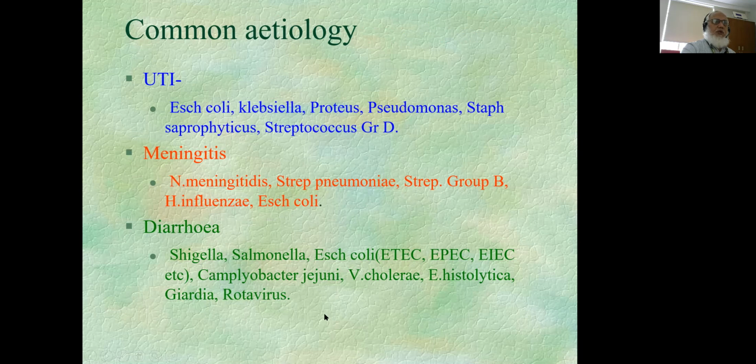Diarrhea, also there are common pathogens like classical pathogens, Shigella, Salmonella, and diarrheogenic Escherichia coli, very important. Before, Escherichia coli were not included in the cause of diarrhea, but nowadays they are responsible for more than 1/3 of cases. Campylobacter jejuni is also important. Vibrio cholerae in epidemic situation, and Entamoeba histolytica and Giardia, very low percentage. Rotavirus is very important. Besides the diarrheogenic Escherichia coli, rotavirus is responsible for 1/3 of cases of diarrhea in children.